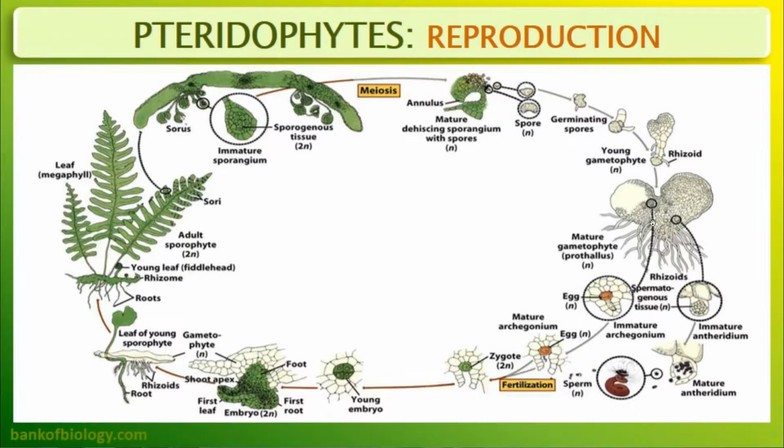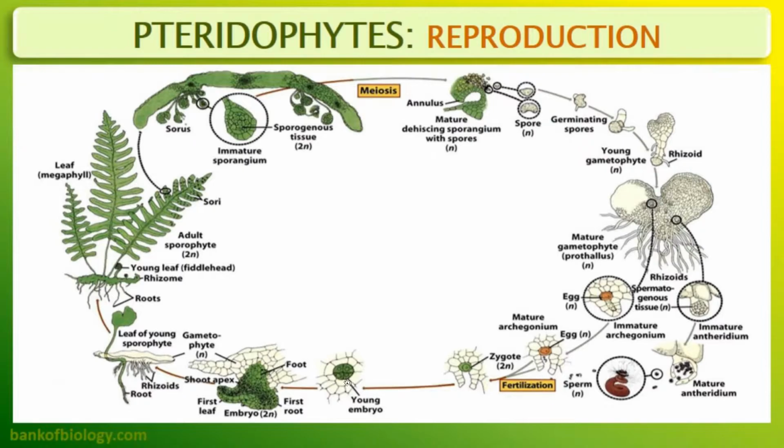Archegonium is flask shaped. It has a broad venter and a narrow neck. Neck will have the neck canal cells, and the venter possesses the egg or the ovum. So these will produce their gametes. The female will produce the egg cell, and the male will produce the anthrozoids, spirally coiled and multiflagellated. These anthrozoids are motile and they will swim about and reach the egg cell in the prothallus to fuse with it to form the zygote with 2n number of chromosomes.